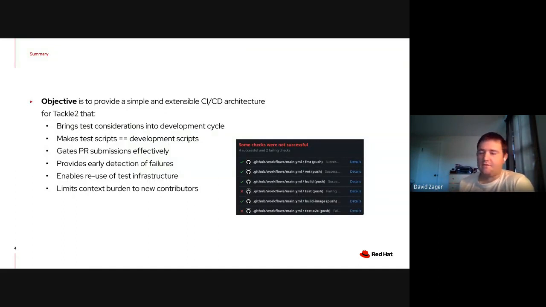So just to give a quick objective, the objective here is to provide a simple and extensible CI/CD architecture for Tackle2 that addresses a few issues. It brings the test considerations into the development cycle, making the test scripts the same as the development scripts. I know in previous projects, what would happen is we would develop a script that would make it easy to install our application, but we never actually used it in the development cycle, and it was never actually tested. So then when a new contributor would come on, that script wouldn't work, and then development time would be spent fixing that script. So the idea is to have one script that's used in both places in the CI and local development loops,